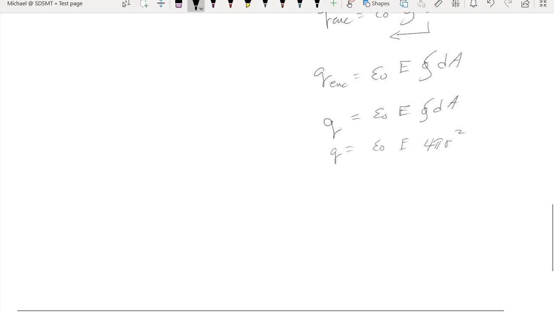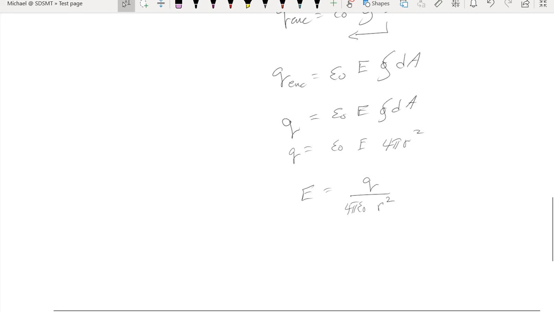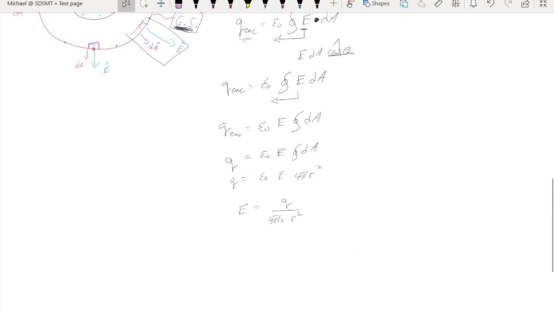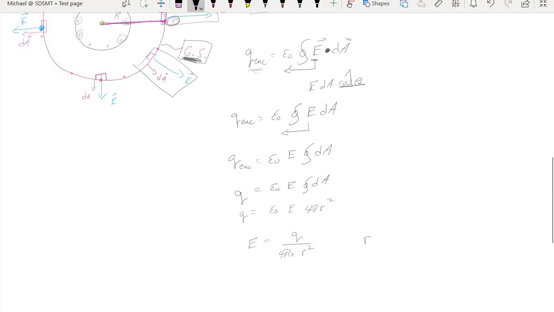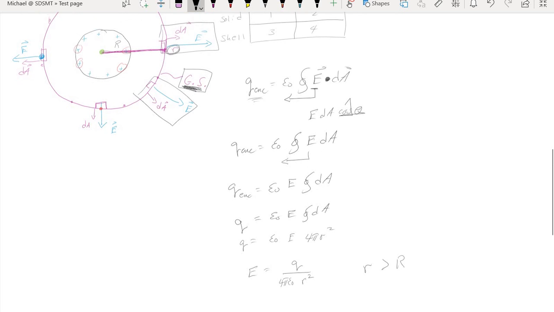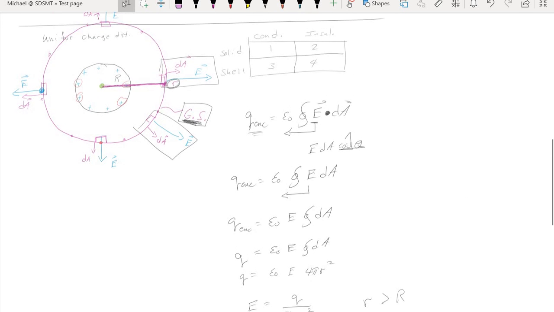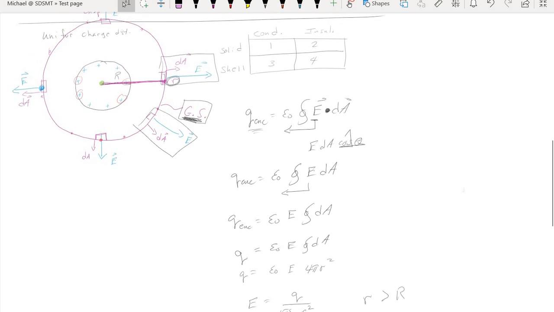We're done with the integration, so it's time to rearrange for E. But we get exactly what we got before. We get the point charge expression, where r is outside of the physical radius of our conducting solid. Okay, well that